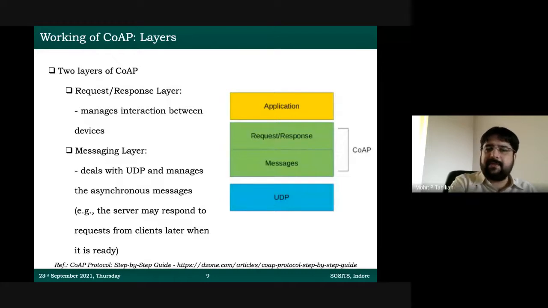In the bracket in the example, you can see the server may respond to the request from clients later when it is ready. So when a request comes to me and I am the server, and I'm not ready to reply because I don't have the data available, I can always give an acknowledgement saying that the request has been received and I will get back to you when I have the data. That's the feature the entire messaging layer implements.